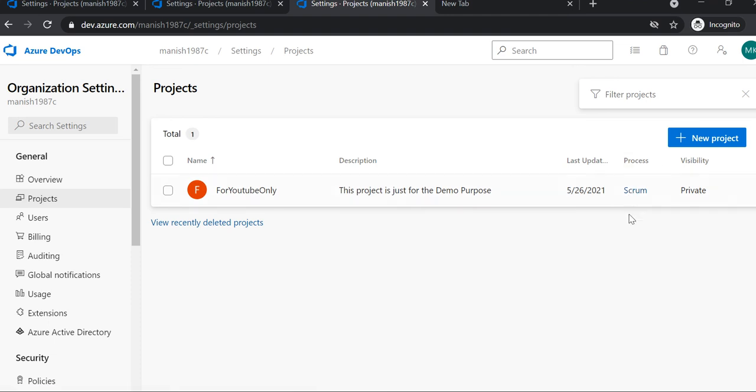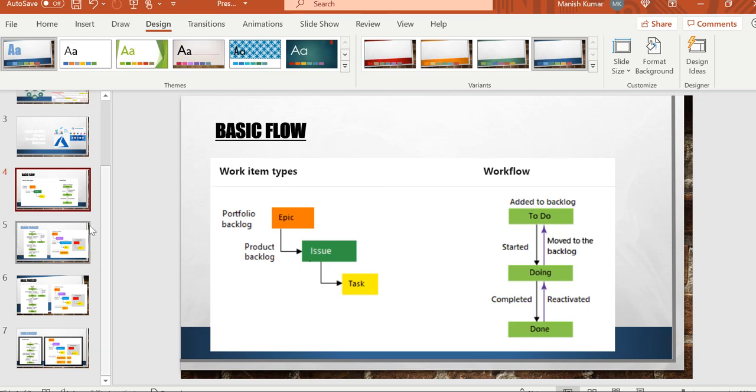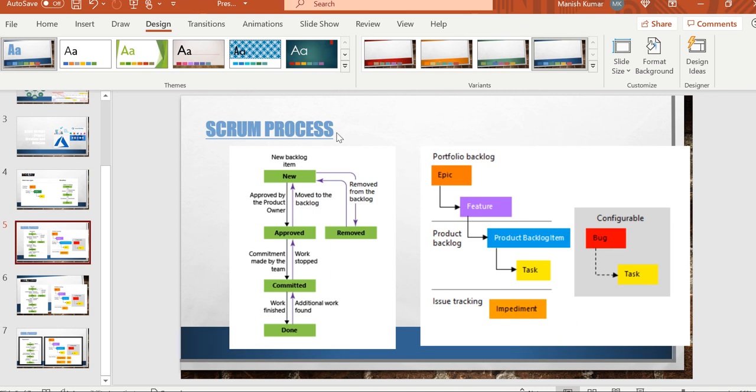Now what is the difference between these three processes? I'll give you a high-level picture of these processes. If you talk about the first process, the Scrum process, you will see work item types like epic, feature, product backlog item, task. These kinds of work items you will see in your project.